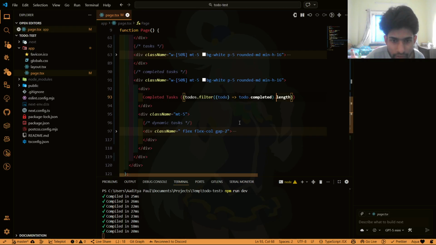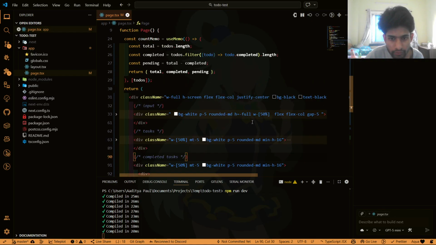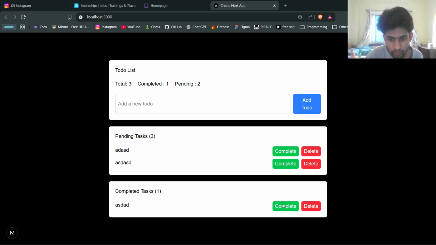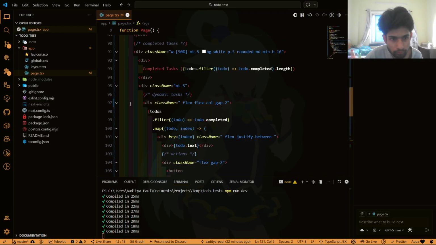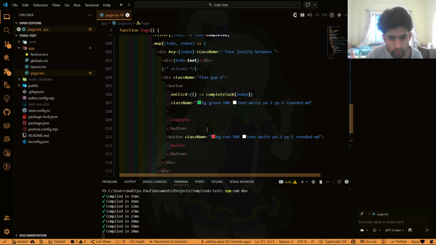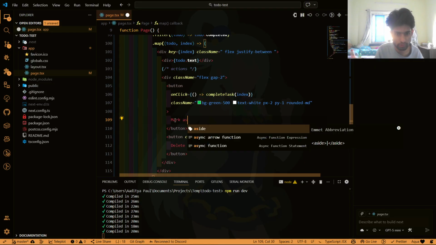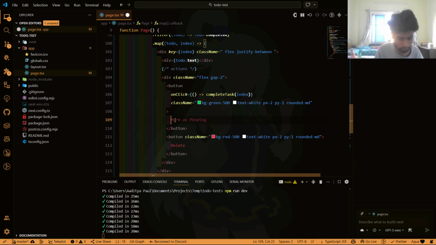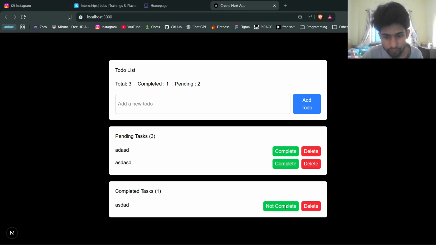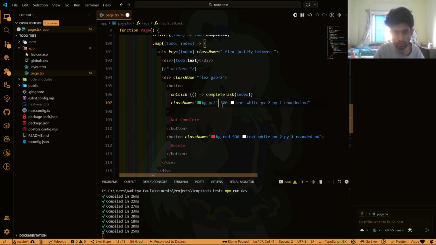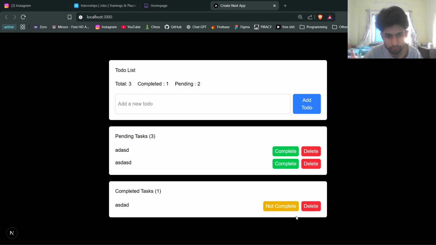now we need to add the delete functionality, and also the complete functionality. It will show mark as not complete, and we'll give this a yellow color. Okay,